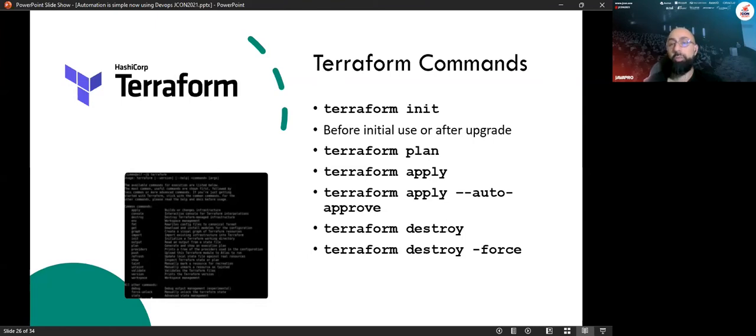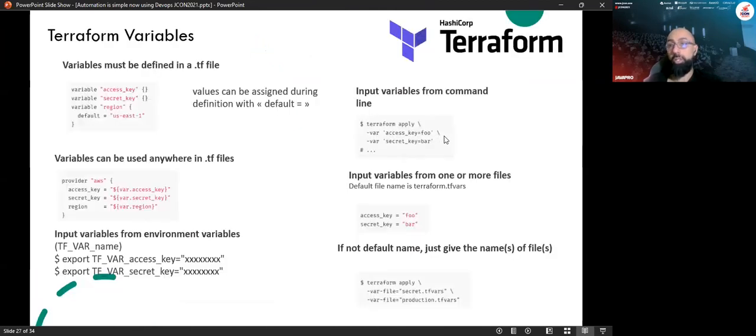When you run a destroy, it's going to read these changes from the state file and destroy them. That's why the state file is very important, and most companies save it in a bucket in the cloud or locally as a backup. So this is a very important part of Terraform. In case you lose the state, you cannot run or do anything, such as planning or destroying the code.